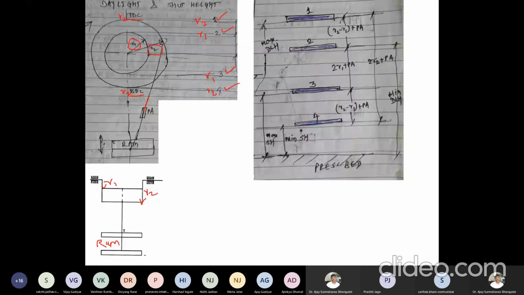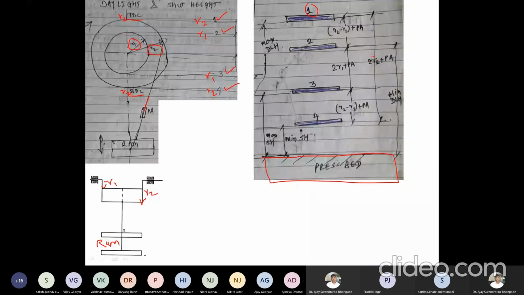So now this is the press bed. Now when we talk about the number one position, I am talking about the stroke, whatever the distance between the maximum position of the RAM and the minimum position of the RAM.